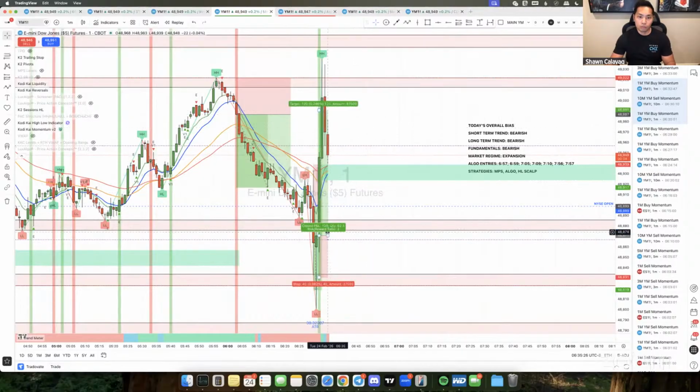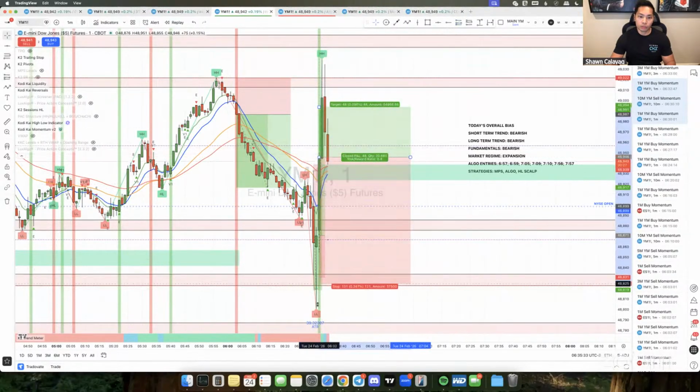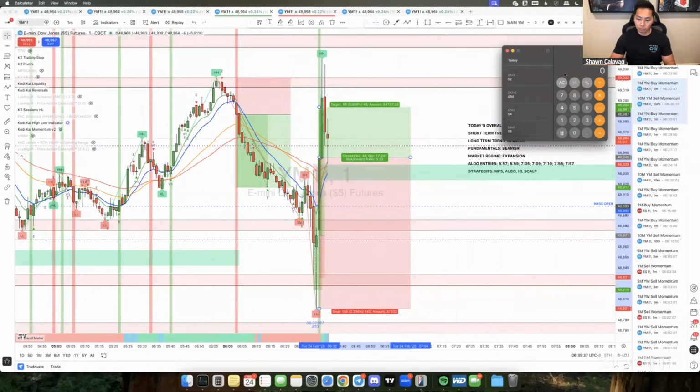All right, so what I'm going to do right here is mark up this bigger bullish move right here. So we have the big move that we're looking at. This one's going to be pretty huge. I don't know if this is actually going to play through, but